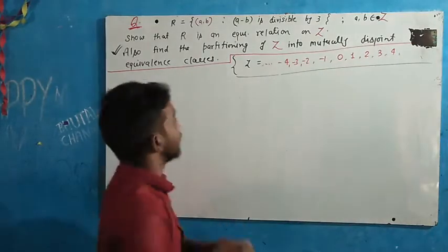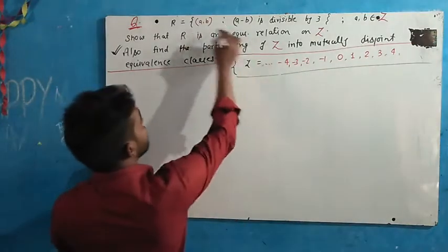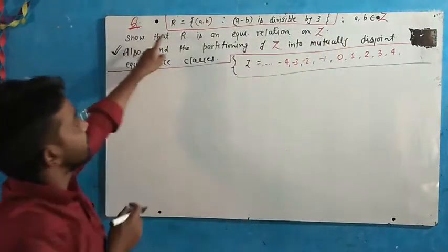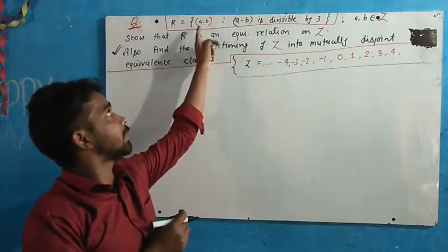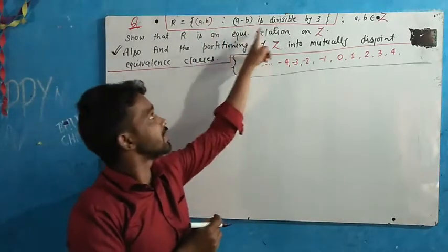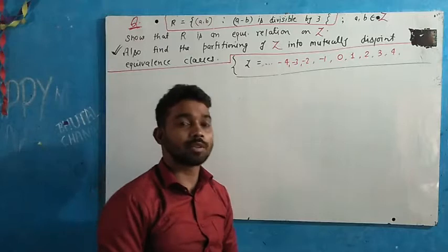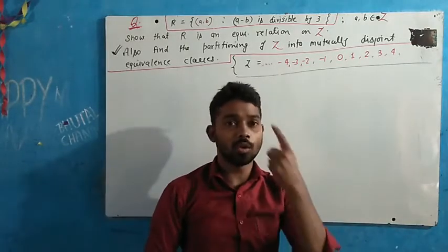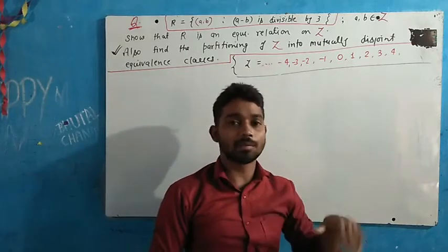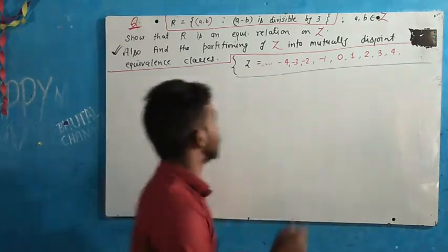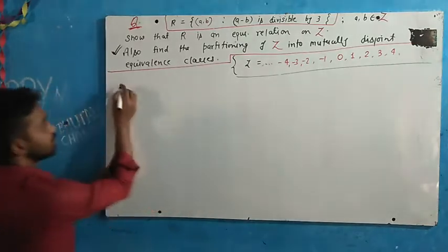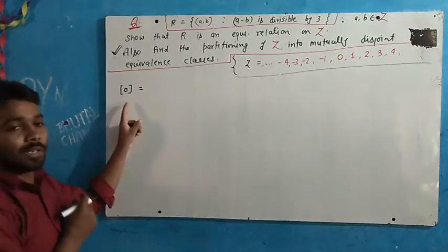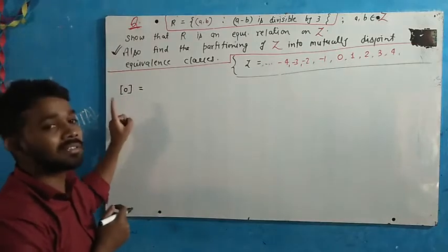So first of all, just once again see the definition of relation R. Just focus on this. It says that in relation R, those ordered pairs lie whose difference is divisible by 3. So here we are going to find the equivalence classes of the 3 elements 0, 1 and 2. After that we will see what the result is. Clear? So according to the definition of equivalence classes, this is the equivalence class of the element 0.